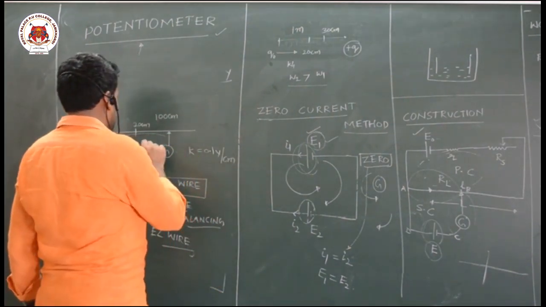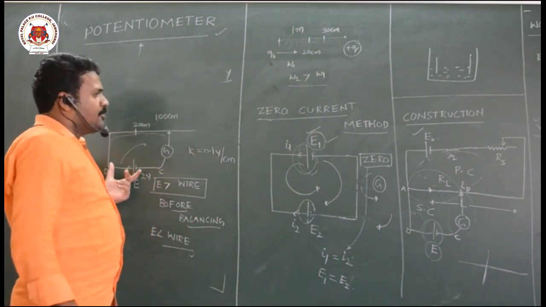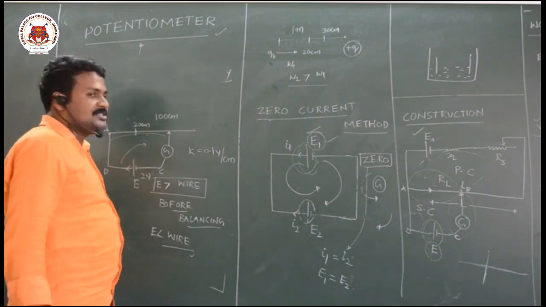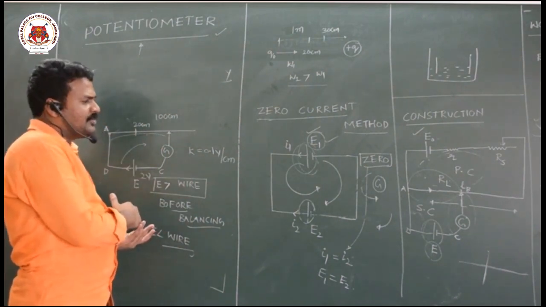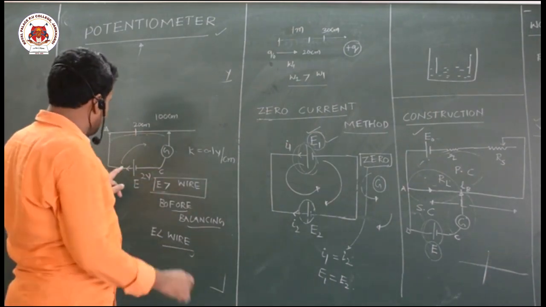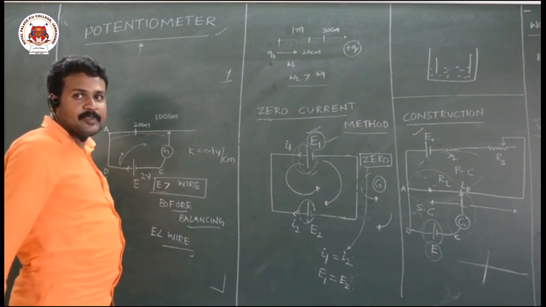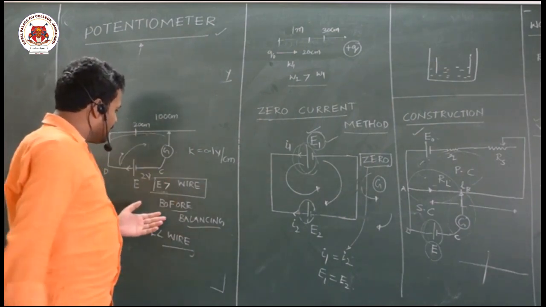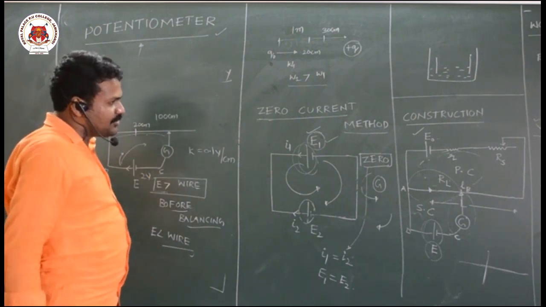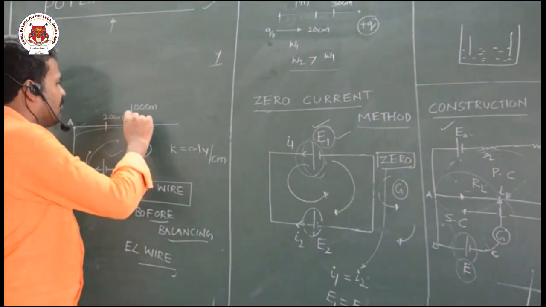So sometimes they will question. In some exams they will ask, before the balancing point, what is the direction of current? After the balancing point, what is the direction of current? Before the balancing point, what happens? The EMF of the cell will be greater than the wire, then this battery will release the current. After the balancing point, what happens? After the balancing point also, current is flowing in the circuit. Once current is flowing, this battery discharges and current will flow across the wire.